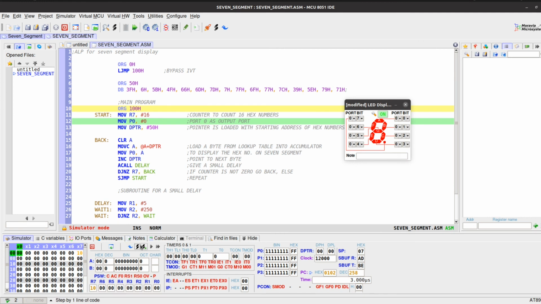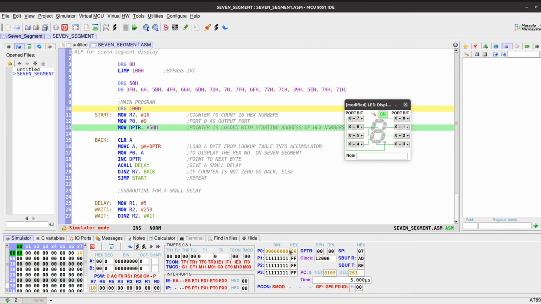Next step is making port 0 an output port, and then DPTR is loaded with 50H. Here we can see DPTR is loaded with 50H. The accumulator has to be cleared. It's been cleared, 00.